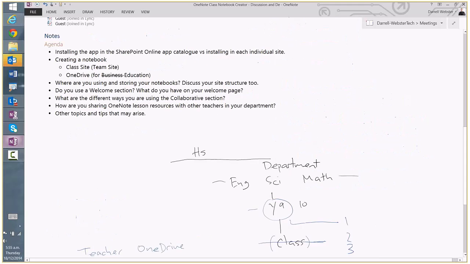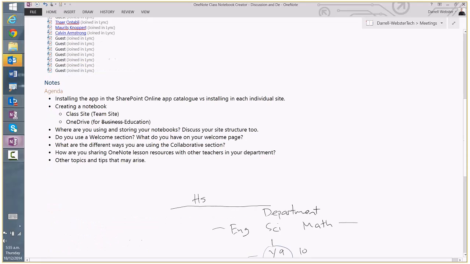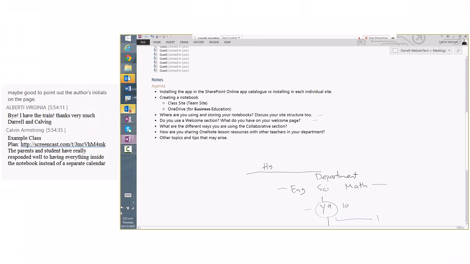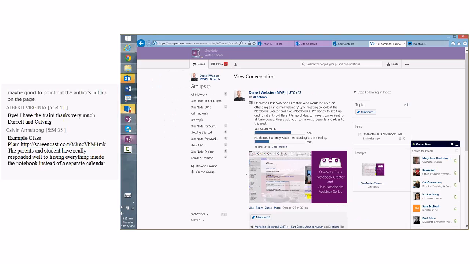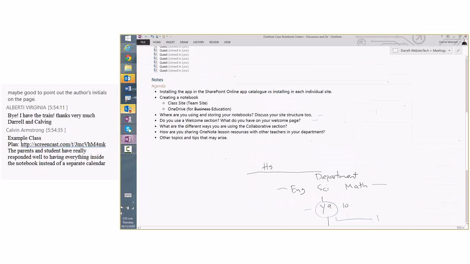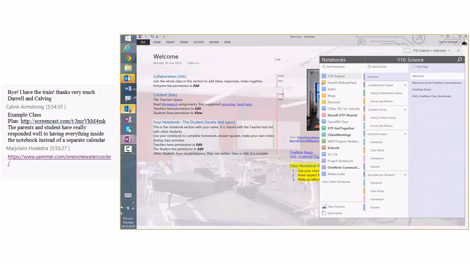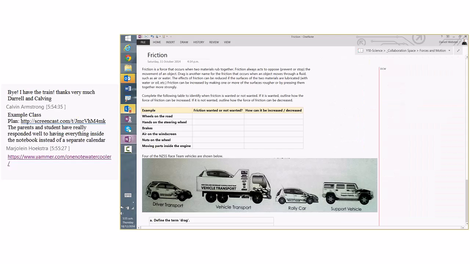So we've got a couple of other questions here we can work through. I'm sorry that we didn't get through as much as we wanted to today. We've got a few ideas about the welcome section, the collaborative section. Just to quickly show you a couple of ways that that's being used within a Year 10 science site that I've mocked up. I've got my Forces in Motion